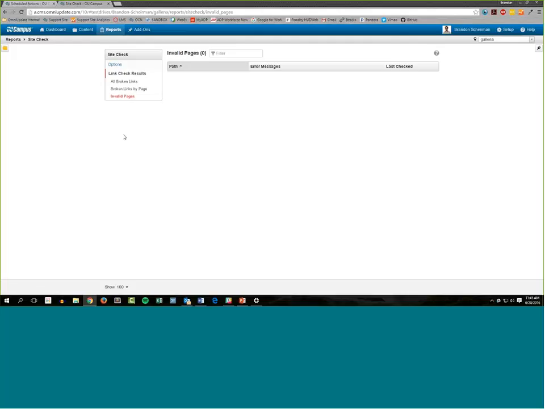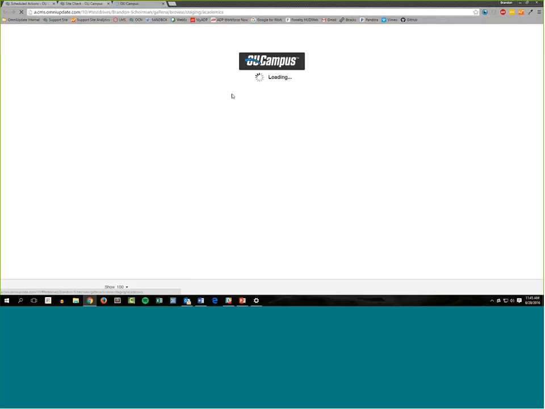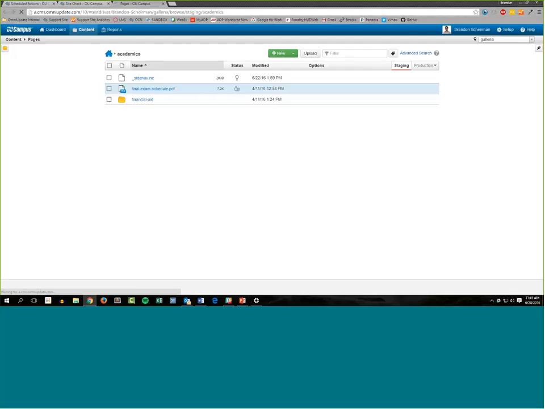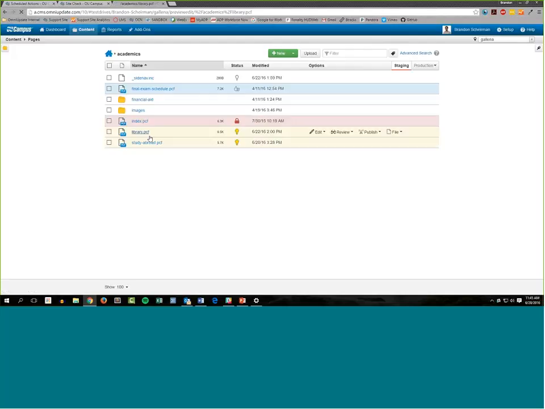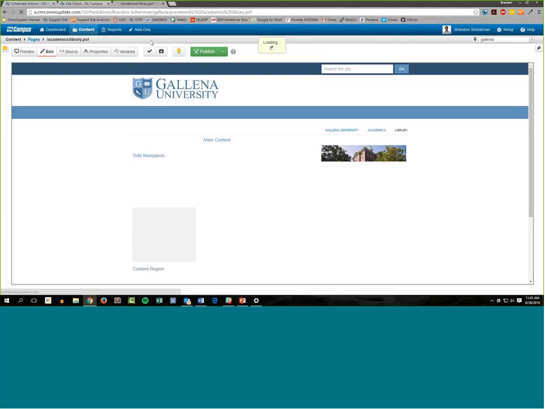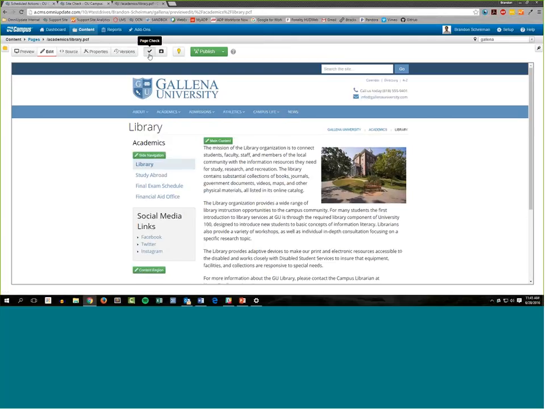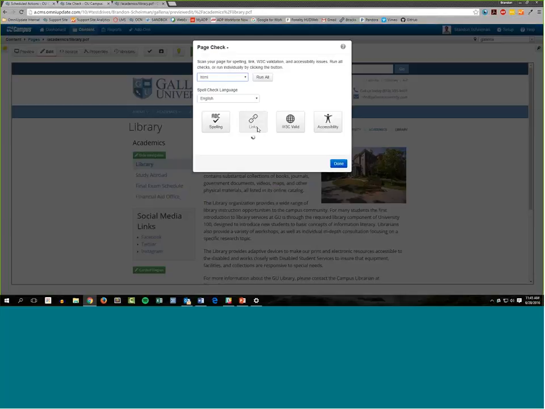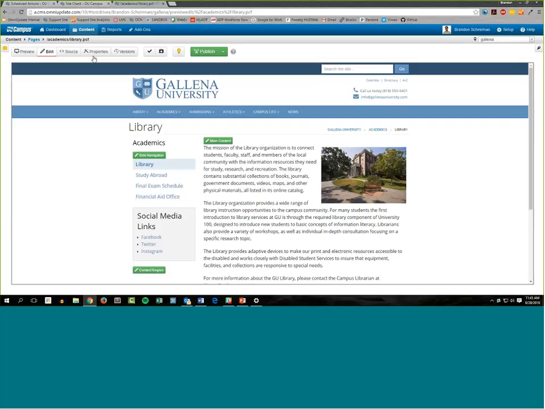Your end users do have the ability to go and run link checks on a particular page. They do that through page check. So, if I'm on my library page and I was a lower level user, I could click this check mark here, and you can see that I have a link check built in, and this will just check the links that are on a particular page. So they still have that feature and that functionality, but the ability to check across the entire site, for example,